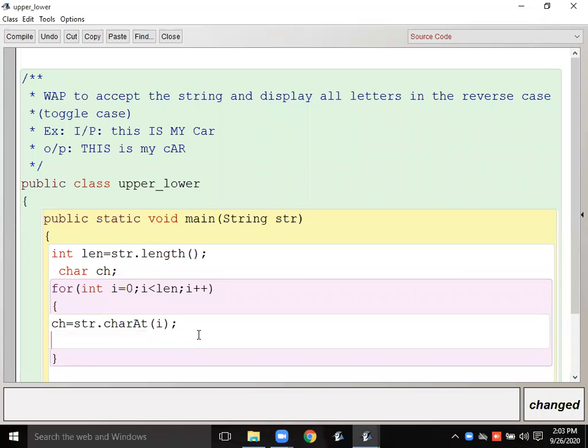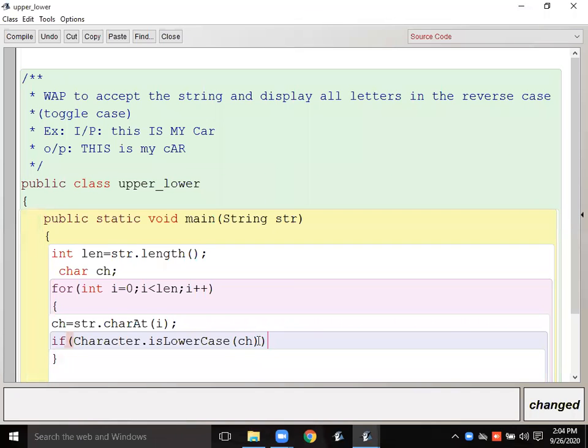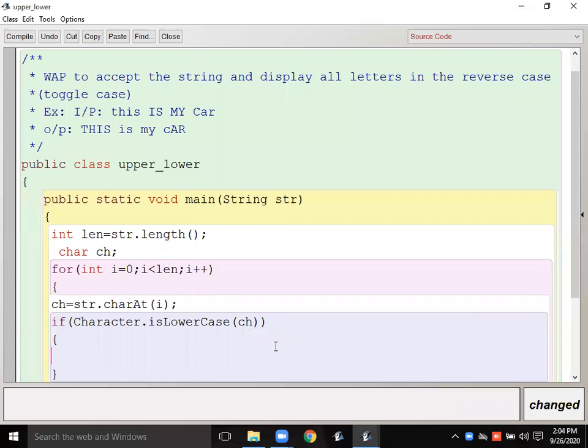Now I will check each letter. So what I will use to check, the Character class. If Character dot is lower or capital, whatever you want to check, you can check first of all lowercase. Lowercase of what? Lowercase of ch. Okay, means if the given letter will be in the lower letter, then I have to convert it into the uppercase. So what I will do?